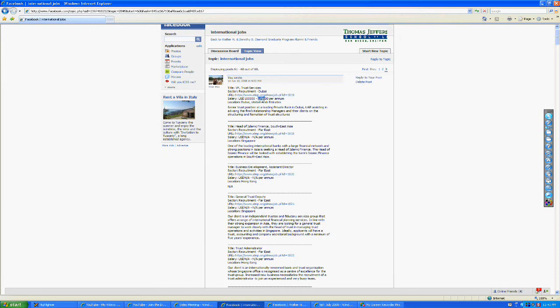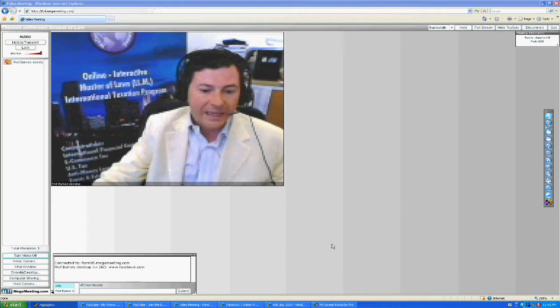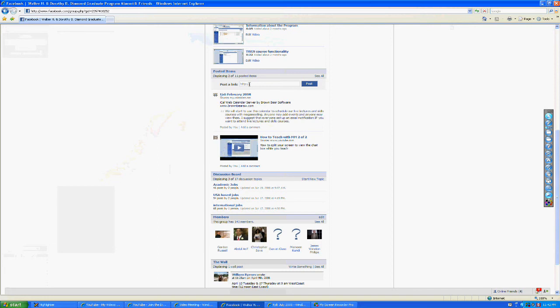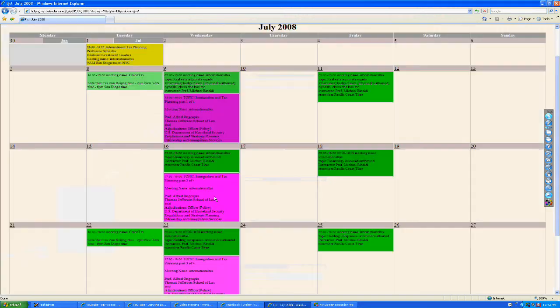Or here's one $175,000 a year in Dubai for a trust services, somebody who's concentrated in the trust degree of the LLM program. Now, in your Facebook, you'll also have a link to the calendar. So when you open up that link, you'll come to the calendar page, as you see by example here on the board, and it gives you access to all the lectures, like the China tax lectures every other week, hosted